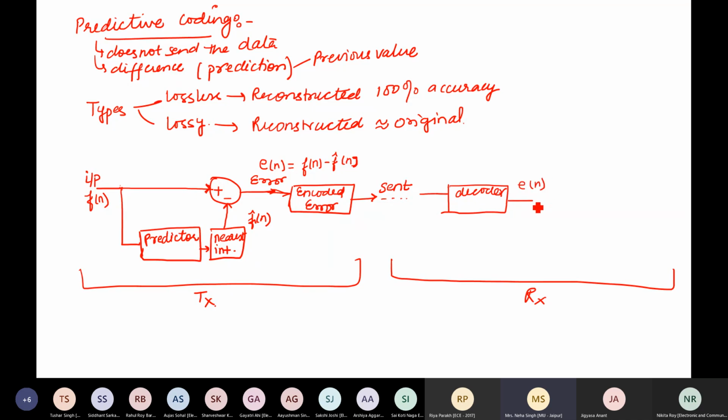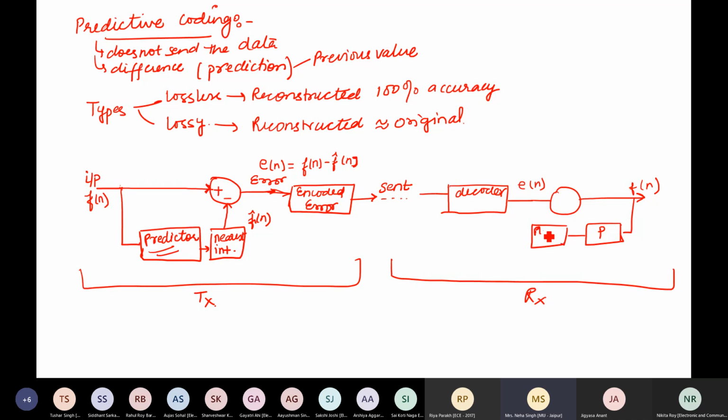So I calculate what is my en, which will give me some output value fn, which is used by this predictor. The predictor of the transmitter and the predictor of the receiver are matched. They are the same.